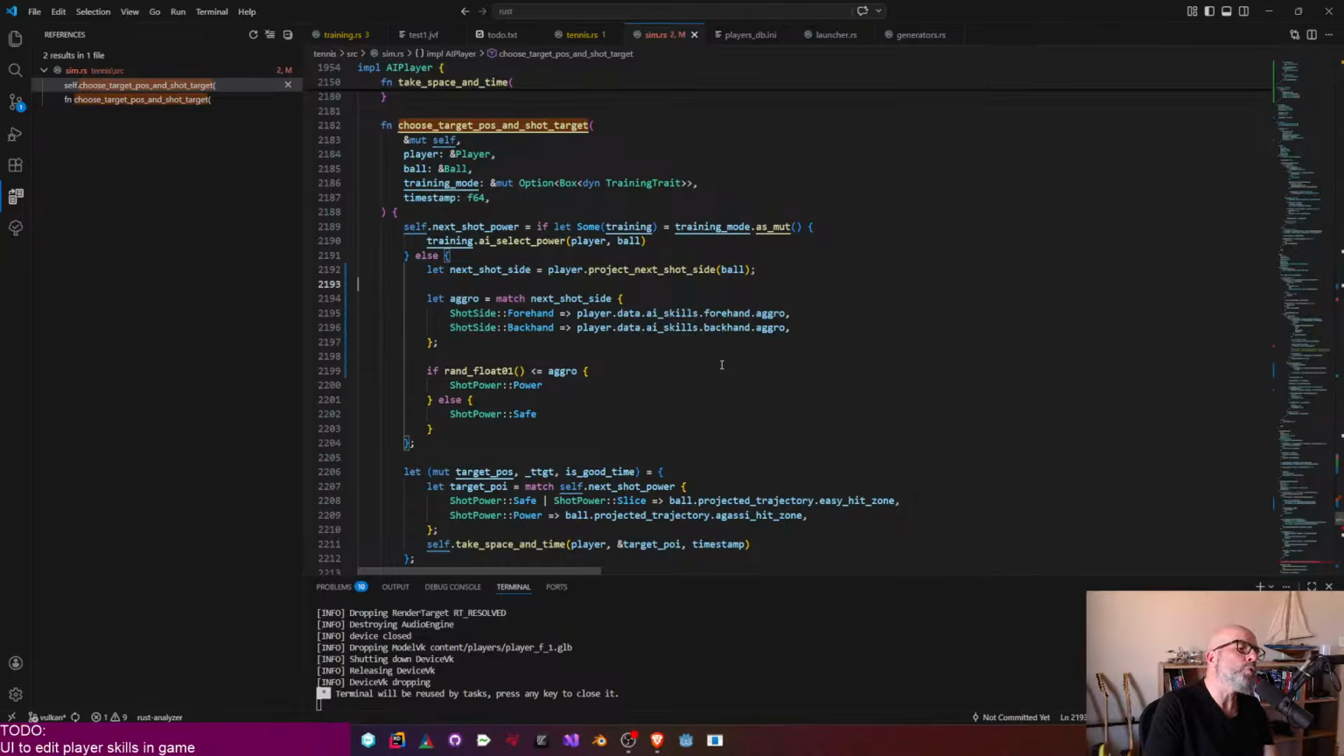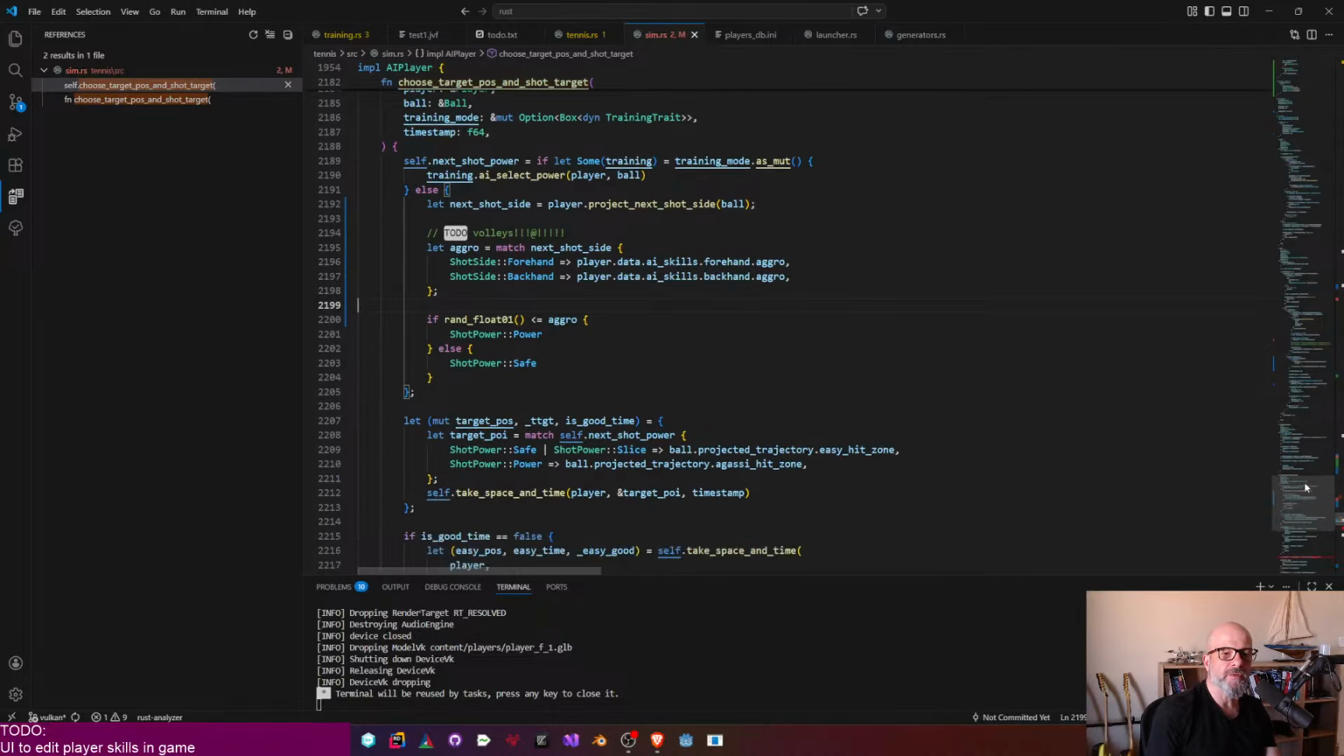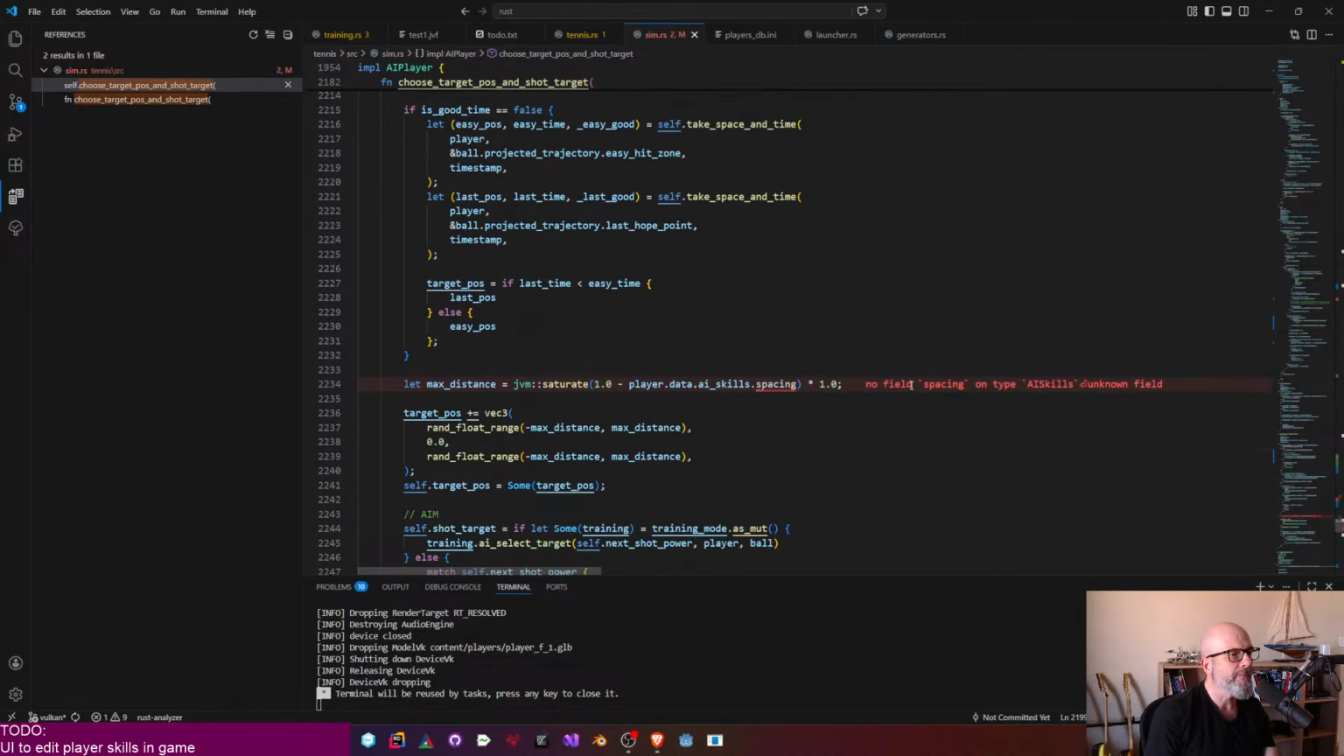Okay, and it's usual to do volleys, right? If we want to have a different aggro for the volleys. Okay, that sounds reasonable. Next is going to be the spacing. So for the spacing,